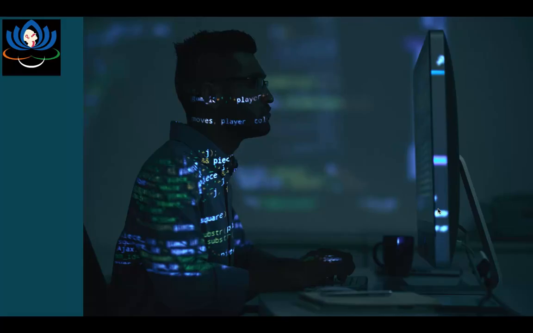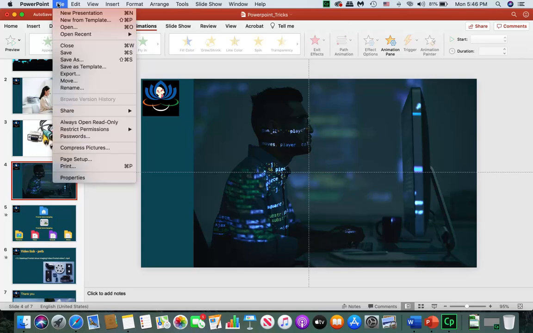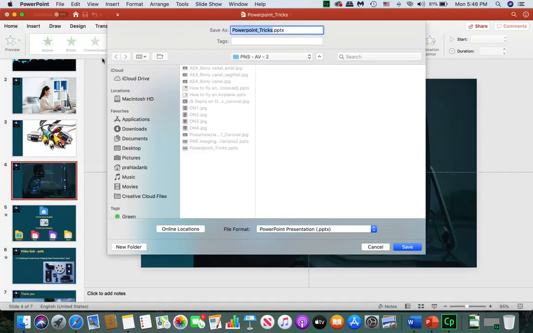Let me show you. I go to the escape. So what you can do is go to the Save As option under the File menu. File menu is here, as you can see. You click the File menu, you will get a drop down menu. So you go to the Save As option. This is the Save As option. You can also alternatively use Shift and Command S on a Mac computer. When I click that, I will get a drop down menu through which I can save my file.